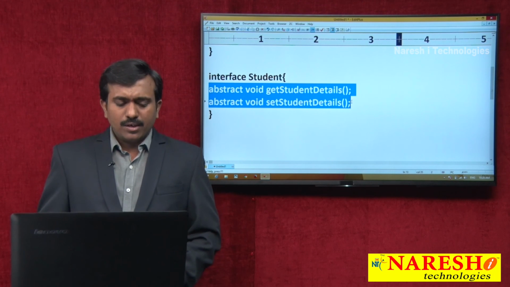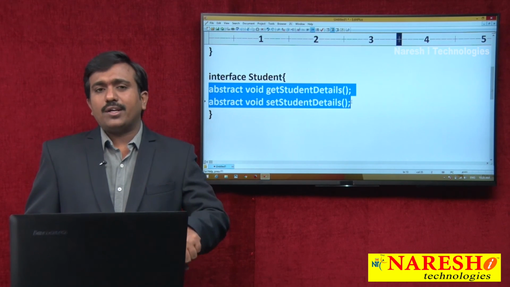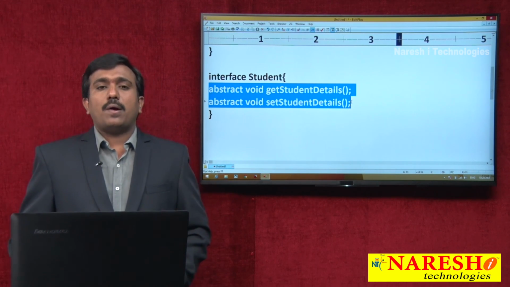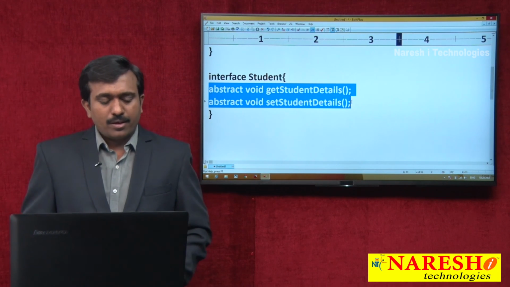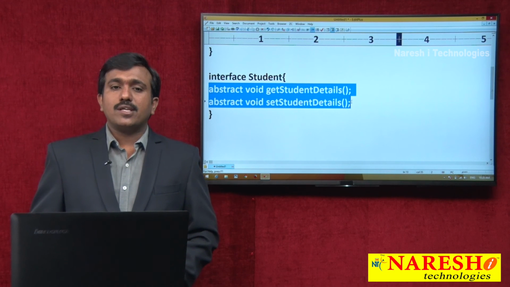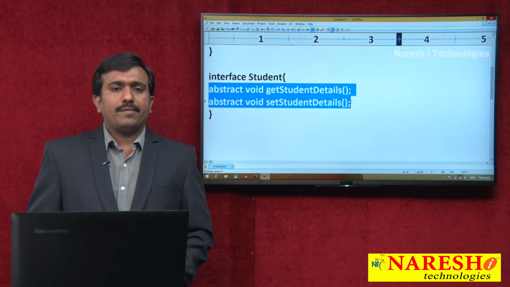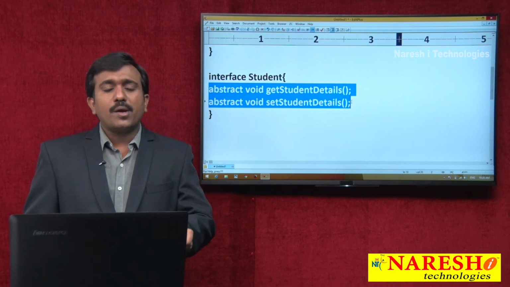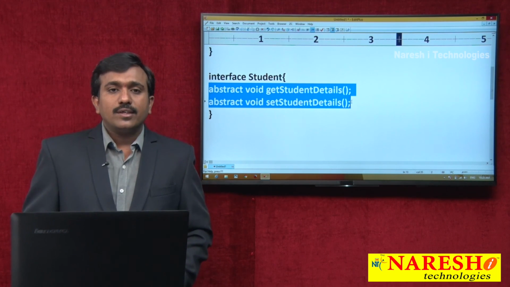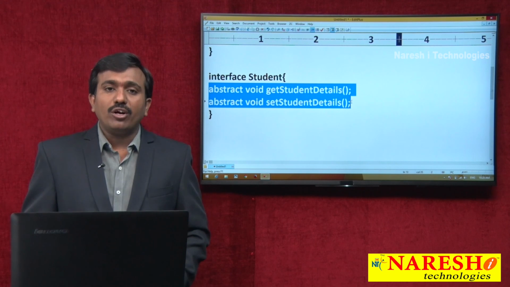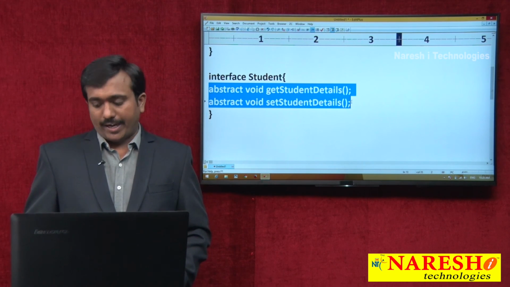By default the interface methods are public and abstract. Means even though you are not using public or abstract explicitly, the interface methods are by default public and abstract.